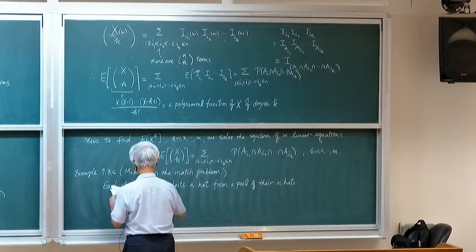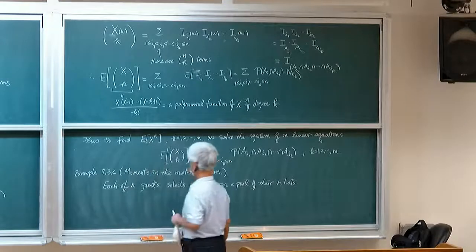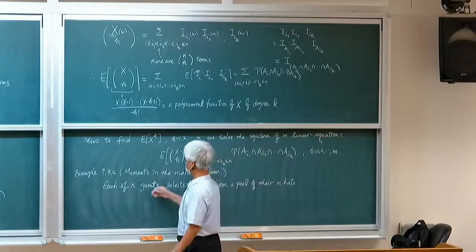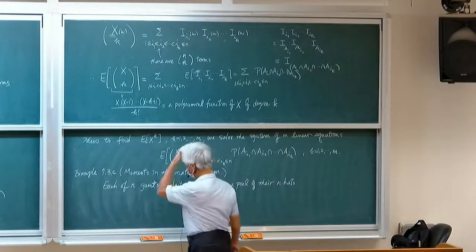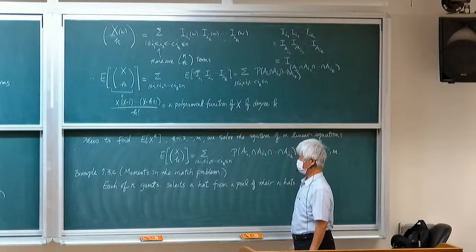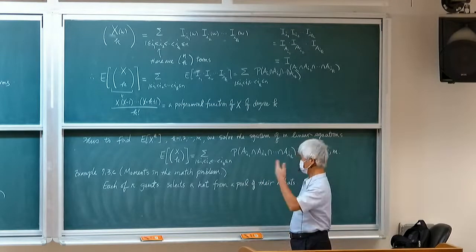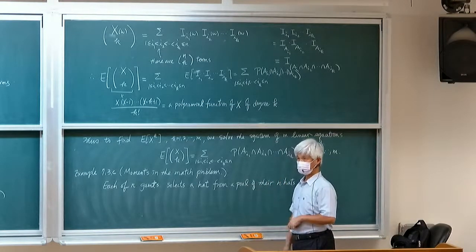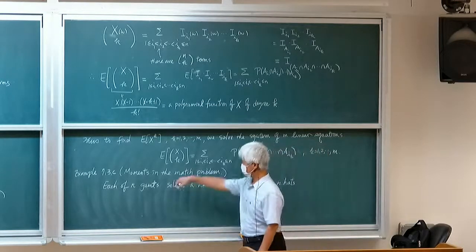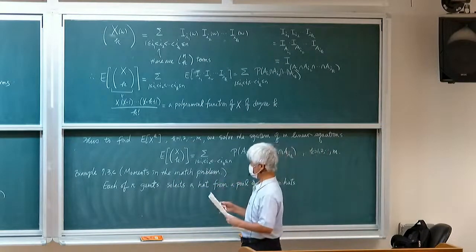Maybe I should use guests. So if there is a party, this party invites n guests, and each guest wears a hat to the party, and so they will put their hat into a pool before entering the party, and when they leave the party, then they should select one hat from the pool. And then the matching problem is that